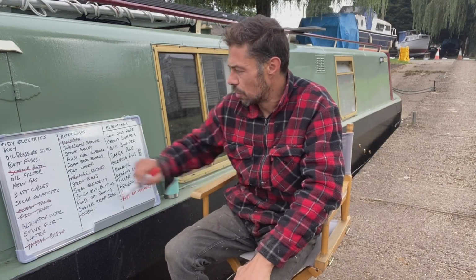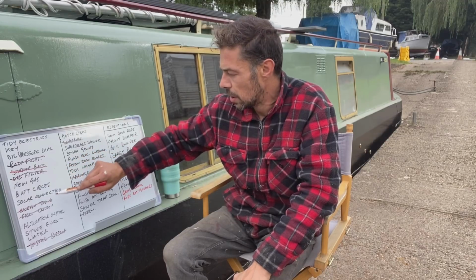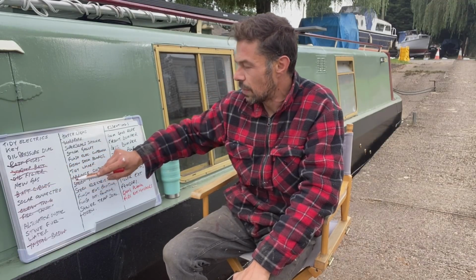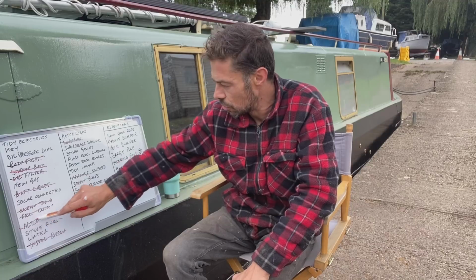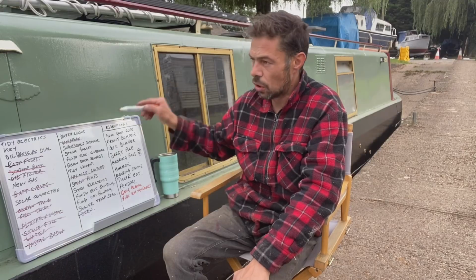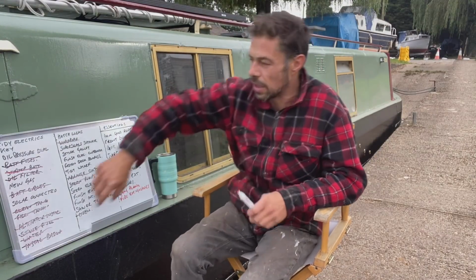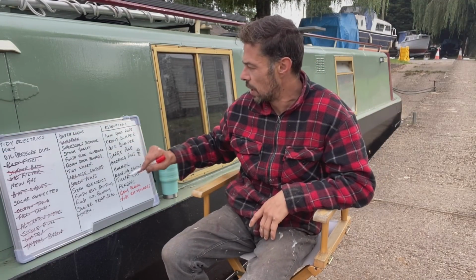Right, where are we up to? Battery fuses, done. Oil filter, I've done that. Battery cables, done. Haven't quite connected the solar yet, can do that this morning. Alternator installed, done. Stove fuel, done. Water, done. Hatch locks I've got, but I had to use the timber I bought to put in the hatch locks on this side here